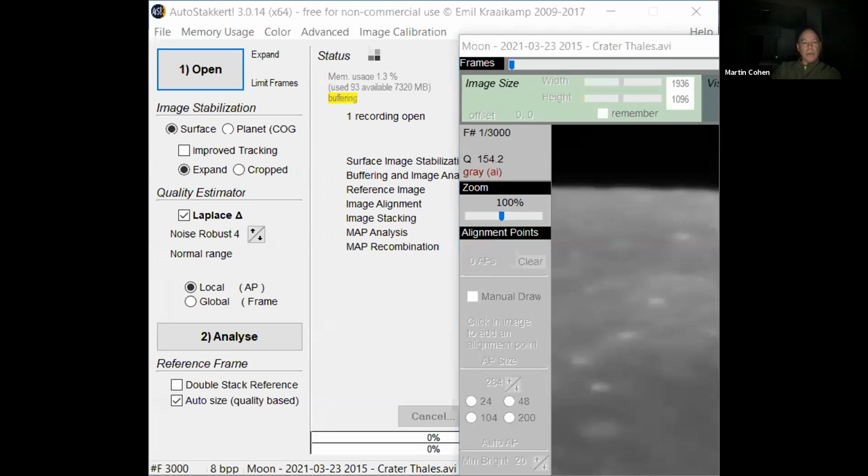I was wondering how much space the files take up. The video file was 6 gigabytes. You mean in total? Yeah, the 3,000 frames was 6 gigabytes. 6 gig? Okay. Were you tracking at the lunar rate? I was tracking at the lunar rate. The Losmandy Gemini 2 system automatically reverts to the lunar rate when you're on the moon.